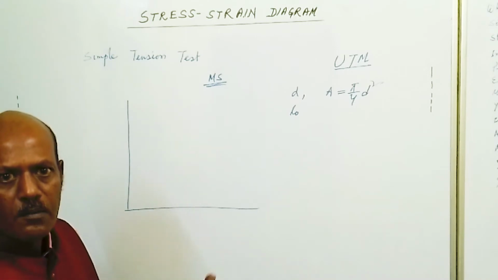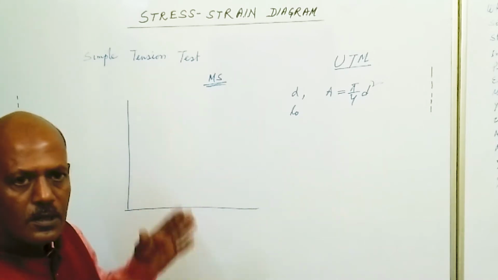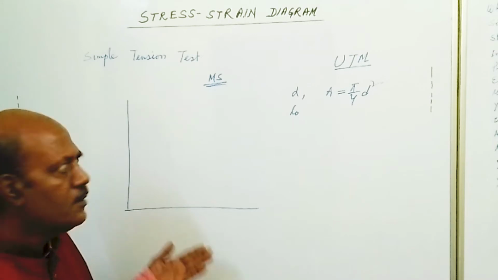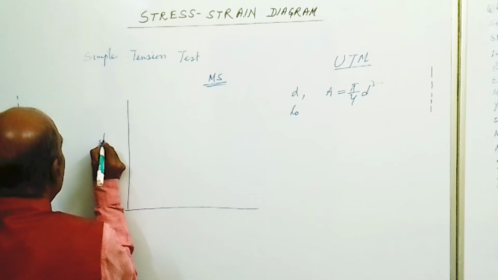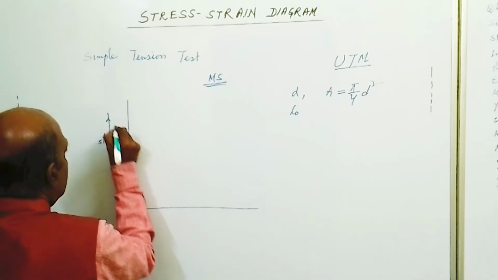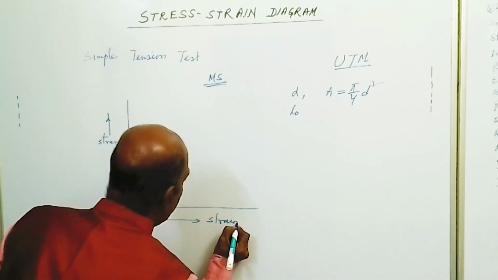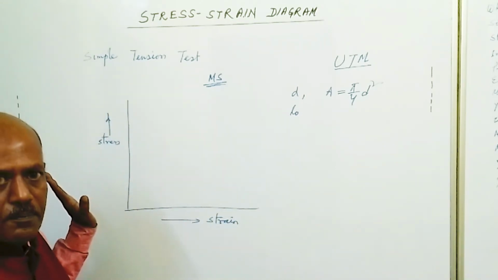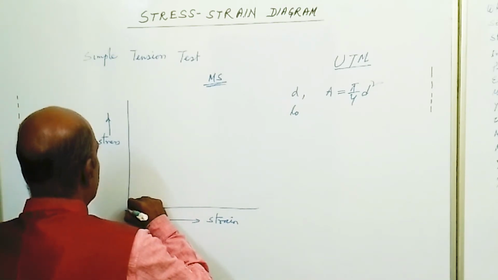A specimen of mild steel, a standard test specimen, is tested in a UTM machine, and at various loading points we have calculated stress and strain. On this side we plot stress, and on this side we plot strain. If we plot the stress versus strain on graph paper for mild steel, the curve will be somewhat a straight line